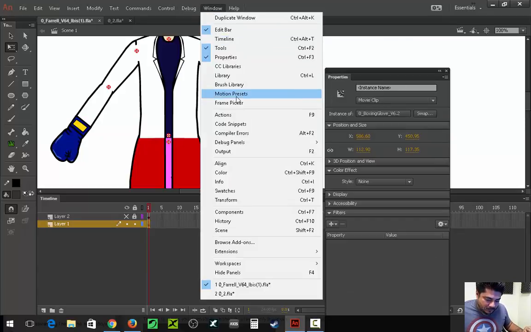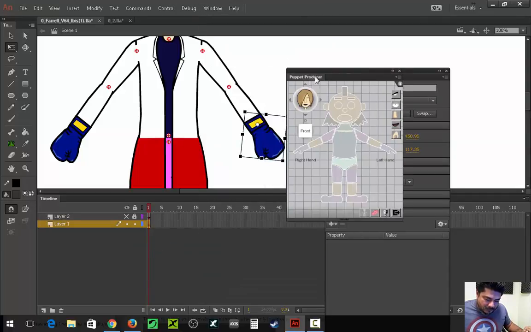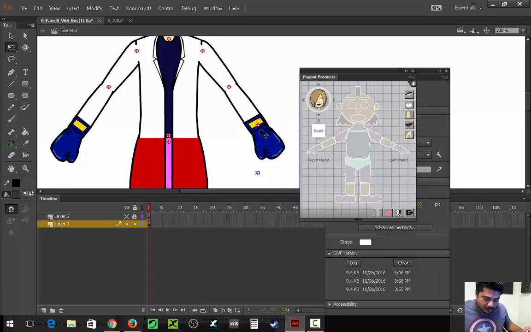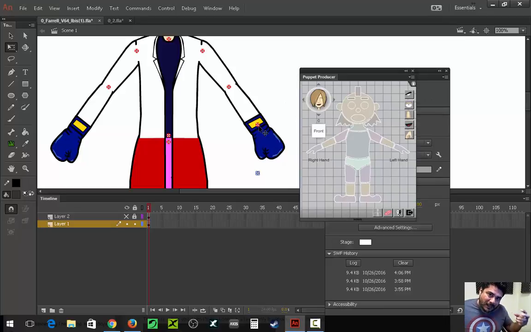Now we're going to launch Puppet Producer, and of course with Puppet Producer it's a simple matter of just selecting the appropriate hand. So in this case it's the left hand for the front view. Boom, it automatically does it. Puppet Producer will automatically put the initial pivot point exactly where you put that little center point. So when I adjust that center point, I'm basically making it so that Puppet Producer automatically puts that right there. If it's not there, then you might have to manually adjust that pivot point so that it's